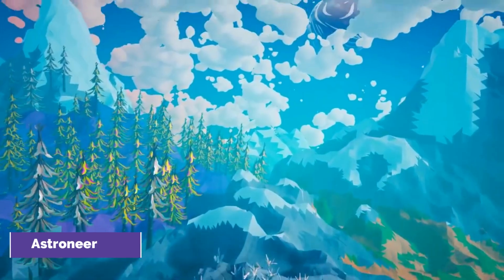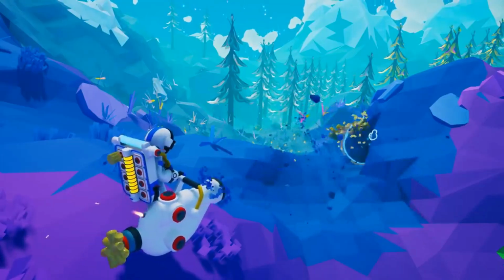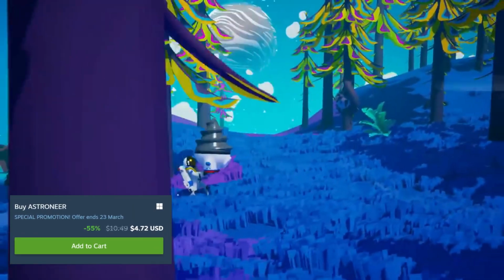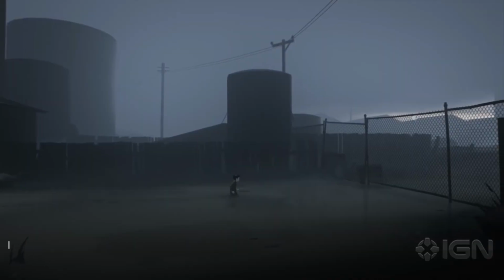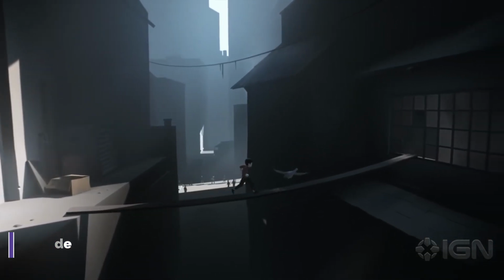If you like to play open world multiplayer survival games, Astroneer is one of the best games. At the same time, I think it's quite underrated. The game is currently 55% off and just goes for $4.72. If you are a fan of story-driven 2D style puzzle platformer games, Inside is one of the best and